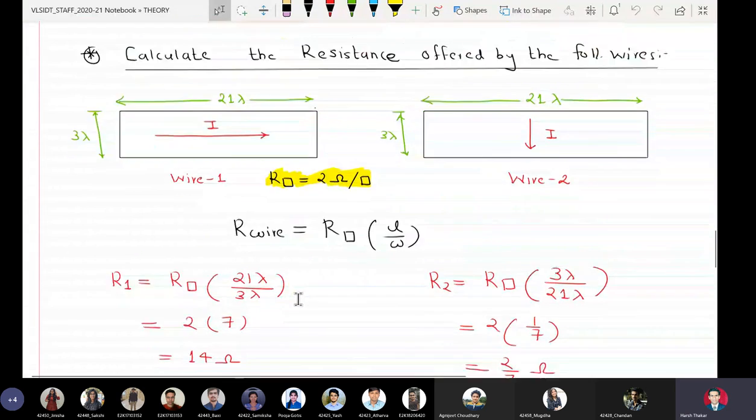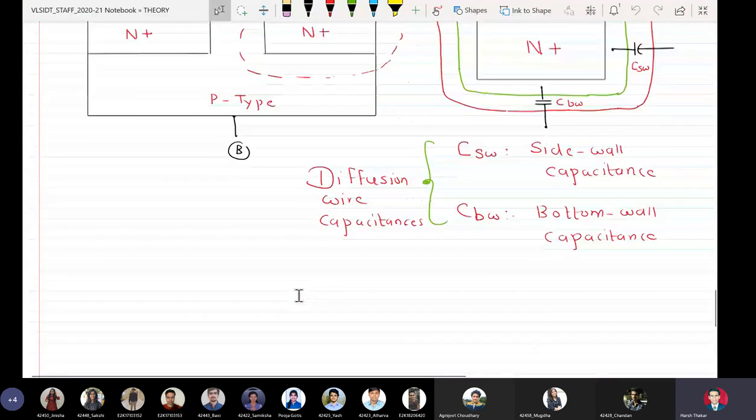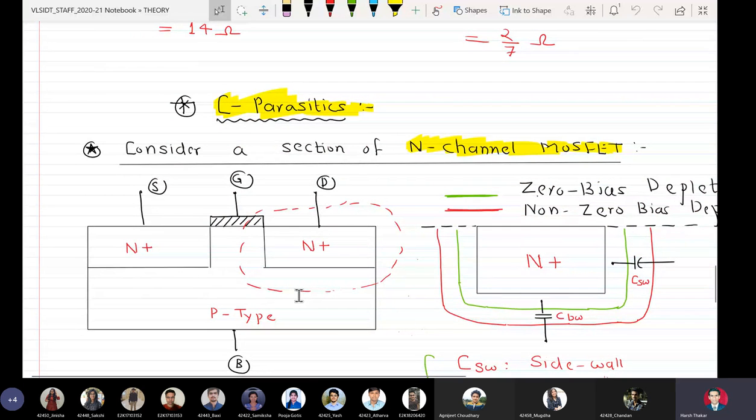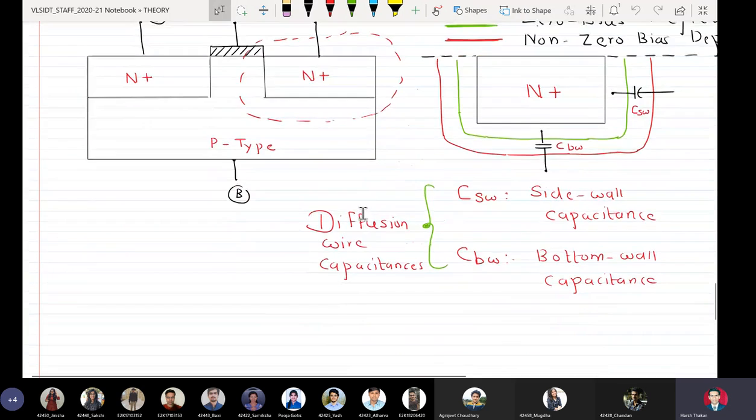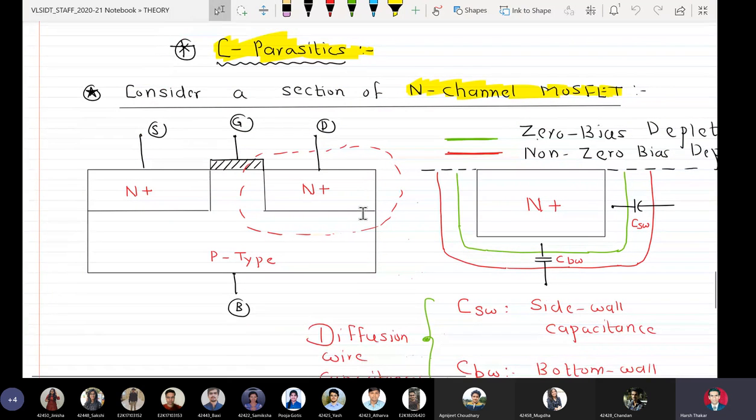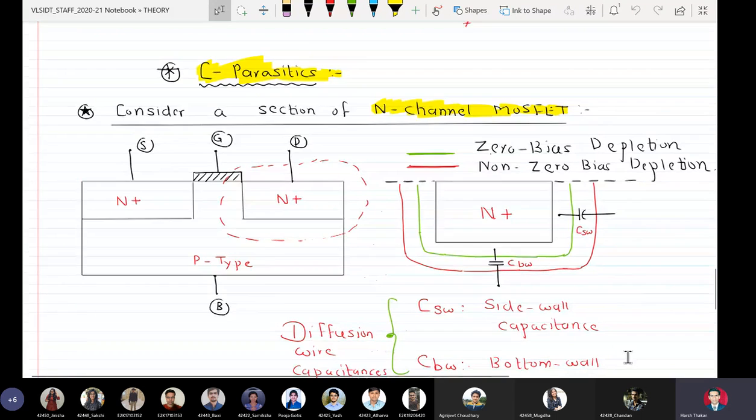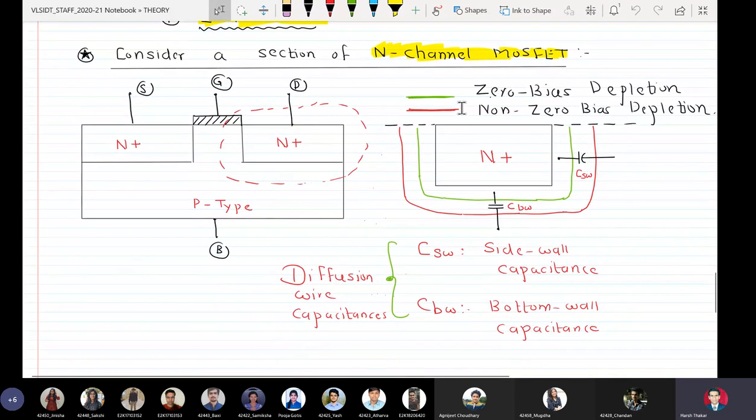So last session we had ended with this thing. See parasitics. We have started with capacitive parasitics. So we considered a section channel MOSFET. So drain, source, gate, and there is a p-type substrate, that is a bulk terminal denoted as B, and we have taken a cross-sectional view of the drain region, and we have written here that